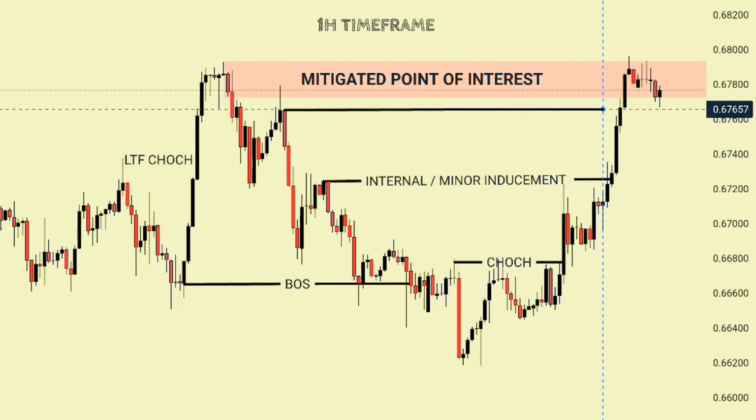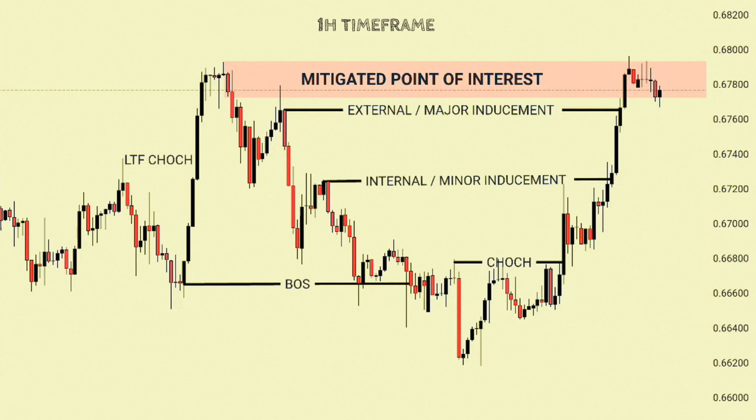External, or major inducement, is the process where the market draws in maximum liquidity from the opposite side of the structure before the real move occurs. On this chart, after price sweeps internal liquidity, it rallies toward the highs, encouraging breakout buyers and late sellers to enter with confidence. This creates a large pool of stop losses above those highs, which institutions can then use to